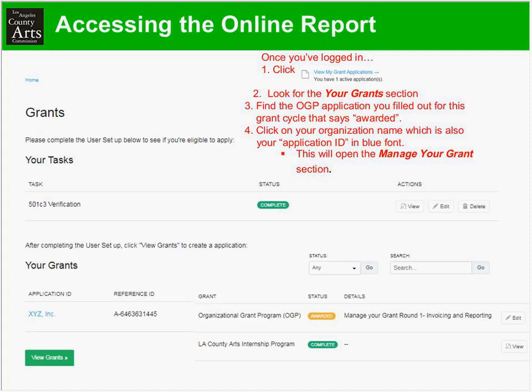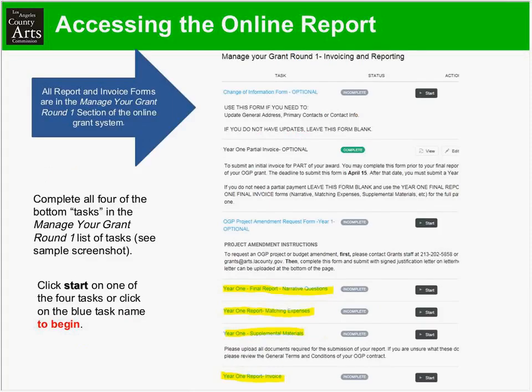To get into the Manage Your Grant section, you're going to click on the name of your organization, which is also your application ID. Click on that blue font with your name. And we come here to the dashboard where you'll see all of the forms associated with this Manage Your Grant Round 1